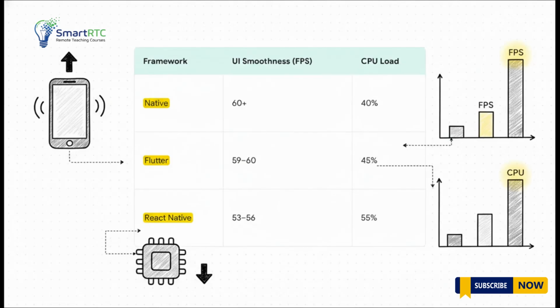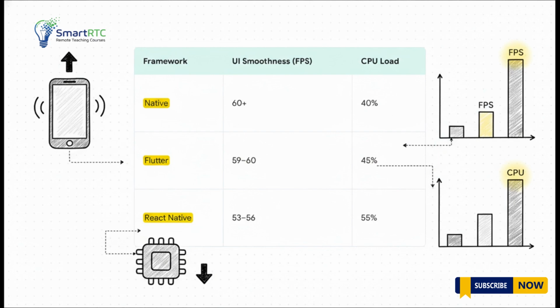Now, a few years ago, this was an easy win for native, no question. But just look at these numbers. When you measure the smoothness of the interface, how silky the scrolling feels, these modern cross-platform tools like Flutter are getting almost identical to native performance. They pull this off by basically bringing their own drawing tools to the party, so they don't lose as much in translation. So yeah, native still uses a little less battery, but for most apps, that performance gap has all